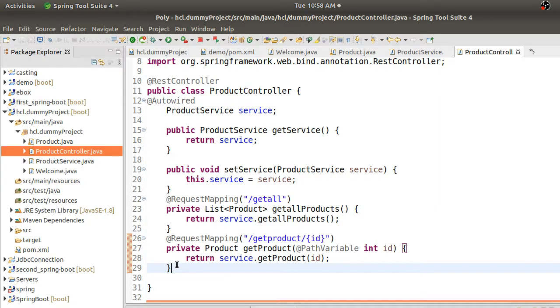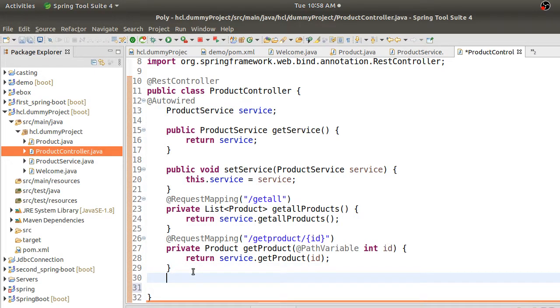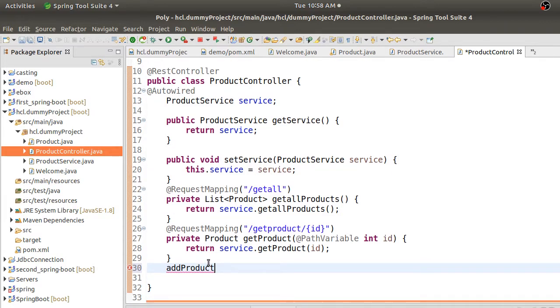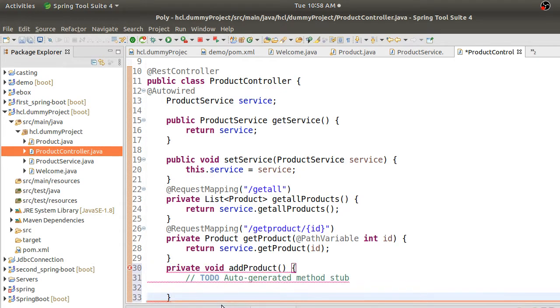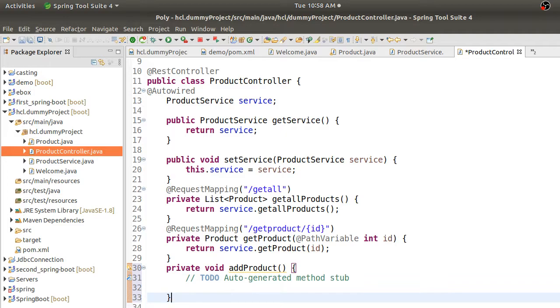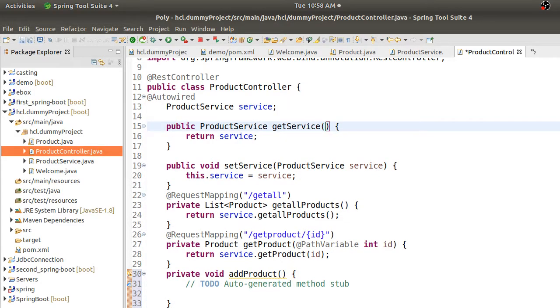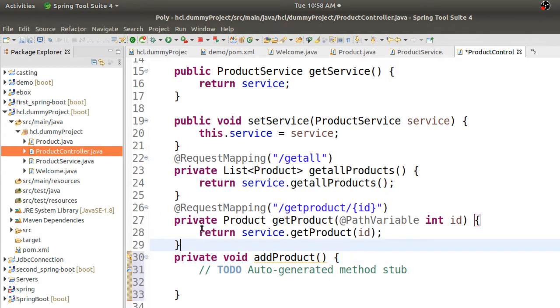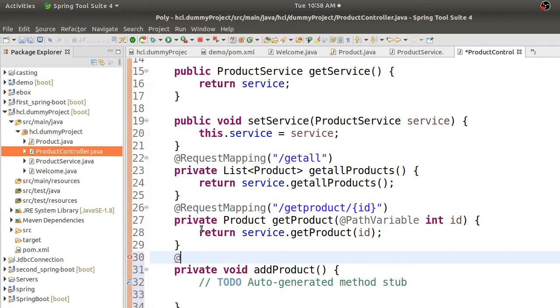Say you are doing add product. So here for add product, I have this request mapping.